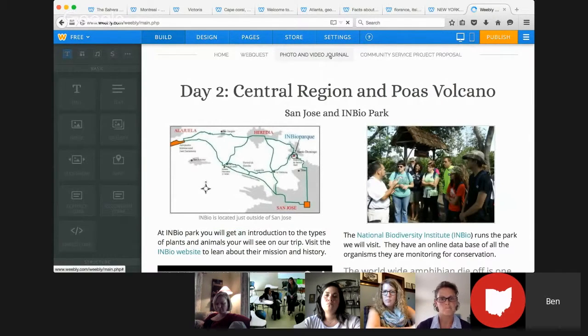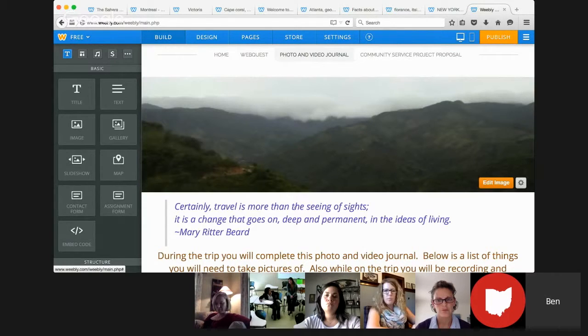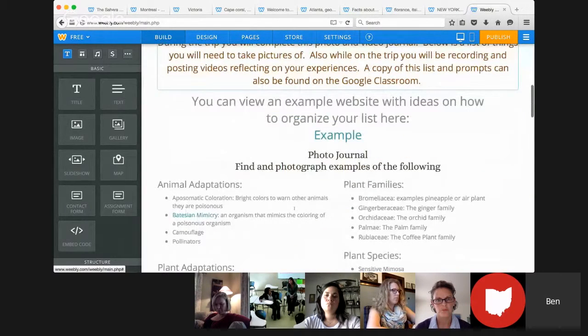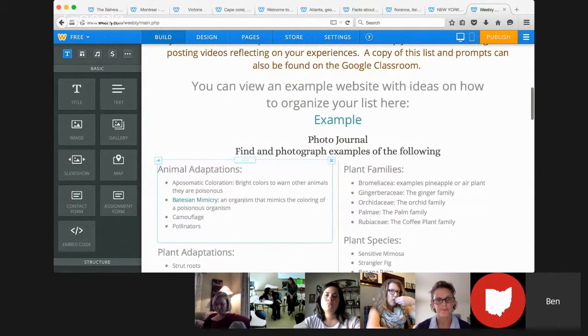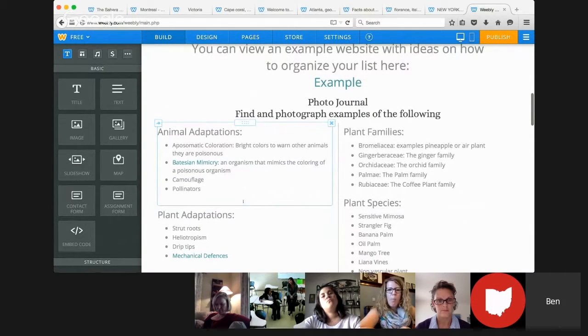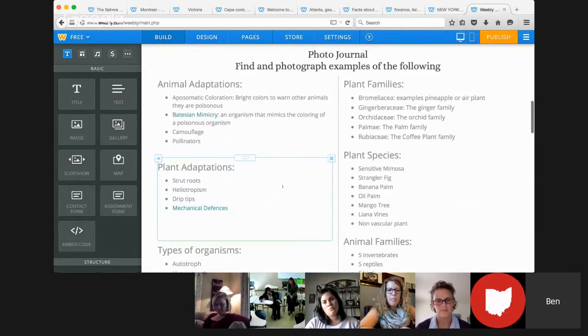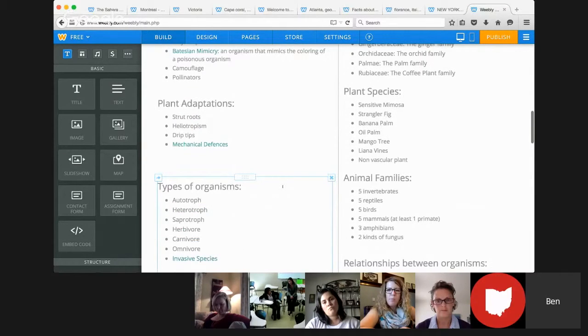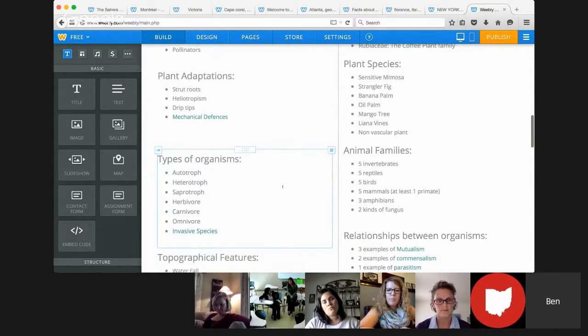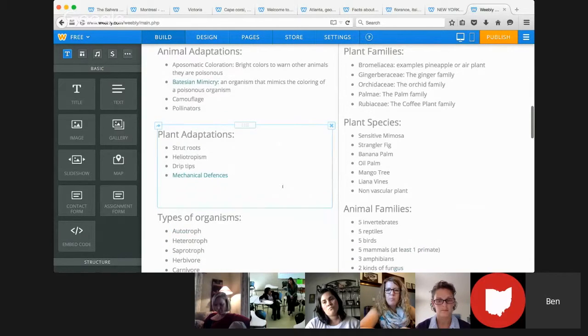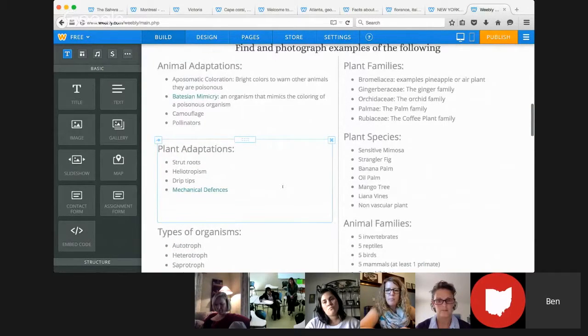journal, and on that page I have some different terms that they might not be familiar with, so I had links to pages that would explain what they are. But basically they had to take pictures of all of these, or selections of these. Some of the things while we were on a trip we found out, well, we didn't actually get a chance to take a look at, and so I might have removed it while we were on a trip, or some